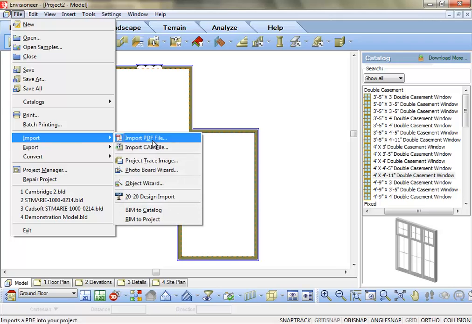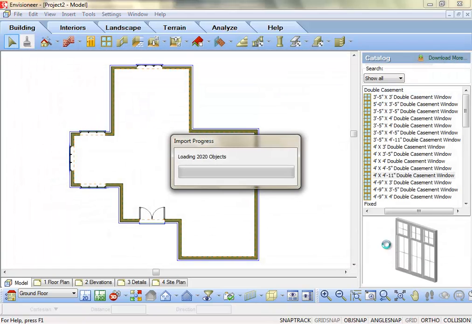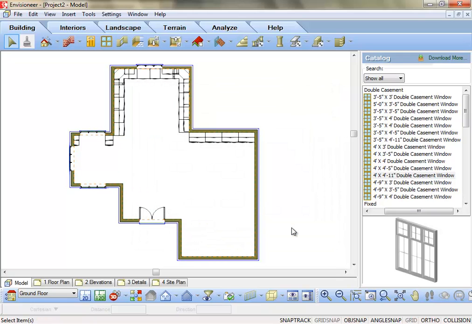menu, choose Import 2020 Design. Now I'll choose that file from my desktop, click Open. It's loading in the 2020 objects, and it gives me three options. I can automatically place the cabinets exactly where the walls originally were placed in this file. It will recognize them. But if I've moved these walls since in Envisioneer, I can do a custom placement, or I can just cancel. Since I have moved the walls, I'll choose the automatic placement, and then just simply hit